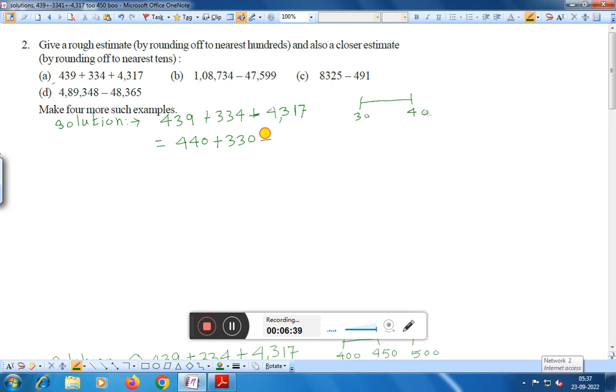And the next number is 4,317, that means 17 lies between 10 and 20, and the middle point is 15. If the number is 25 or more than 25, it is rounded up to 30, but since the number is 17, it is rounded to 20, therefore 4,320. Now if we add the numbers, we are getting